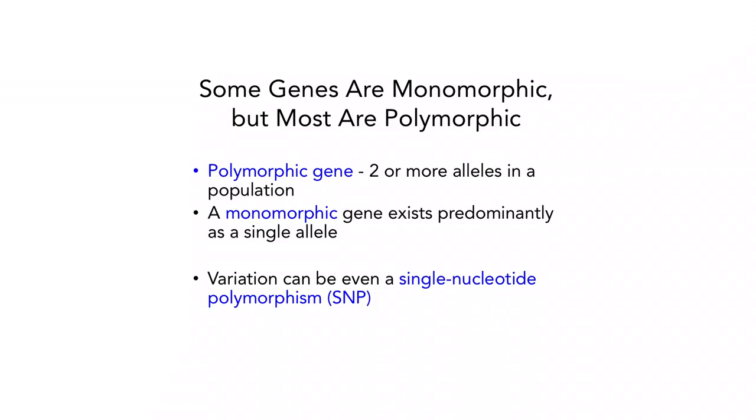Now, a few more terms to get through. In terms of genes, we would use these kind of terms for the population level. For example, a gene could be polymorphic. In that case, we've got many morphs, if you will, poly being many. In that case, we've got 2 or more alleles in the population. A monomorphic gene means that you typically only see a single allele in a population, and this does happen in